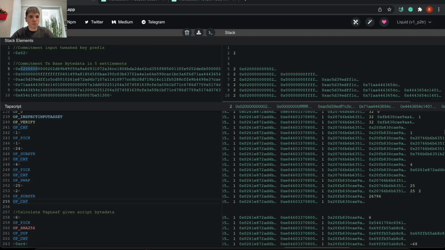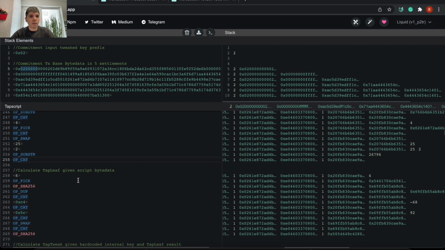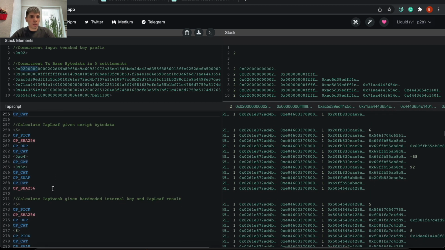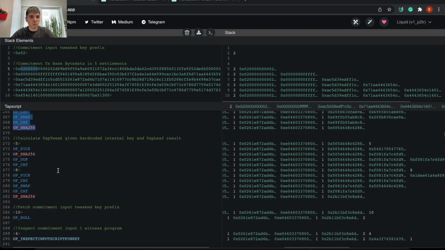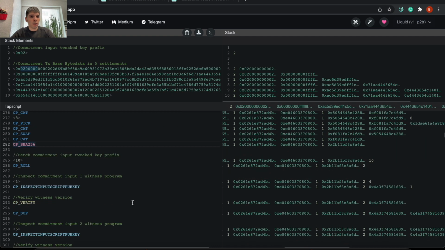input TypeScript content. And then based on this content, we calculate the tap leaf by picking first the tap leaf elements and doing this data manipulation, and the end result is the tap leaf. And then based on the tap leaf and our internal unknown discrete logarithm pub key, we compute the tap tweak. So we have the tap tweak, and then what we do next is